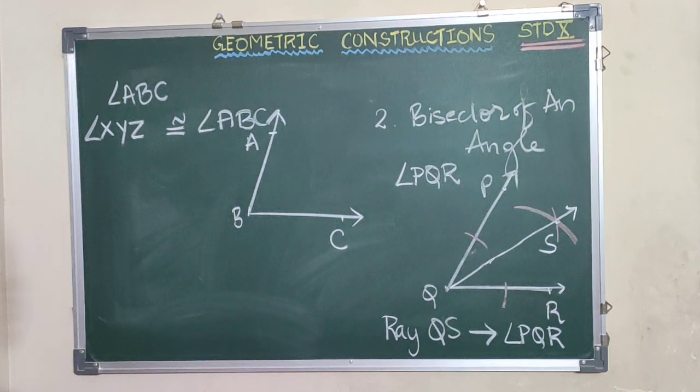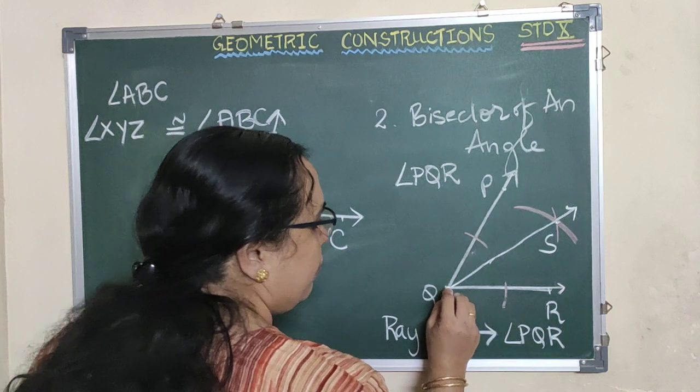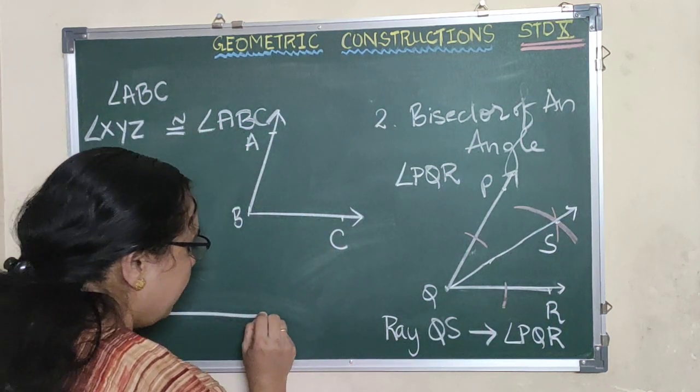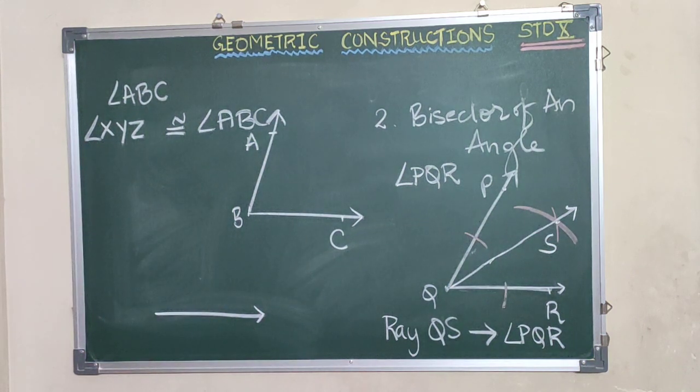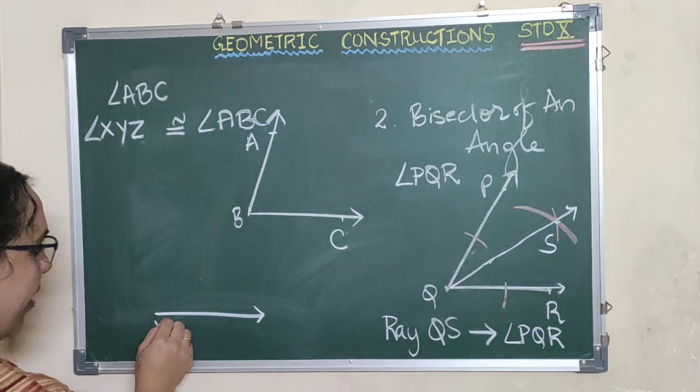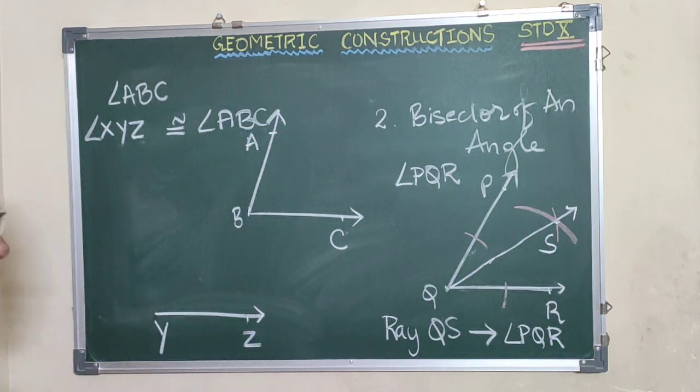Okay, so initially when you start, you always start to draw an angle by using the base ray. So here also I do the same. Now in this already BC is here. So this would be YZ. I hope it's quite clear. Now we start to do it. For this we need a compass and the scale. Now to confirm later whether it is congruent, we will use the protractor.